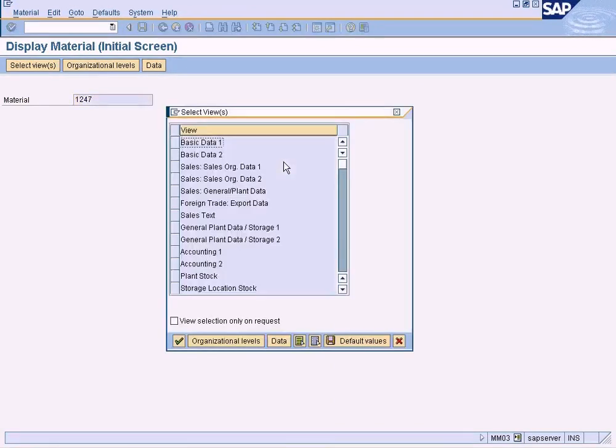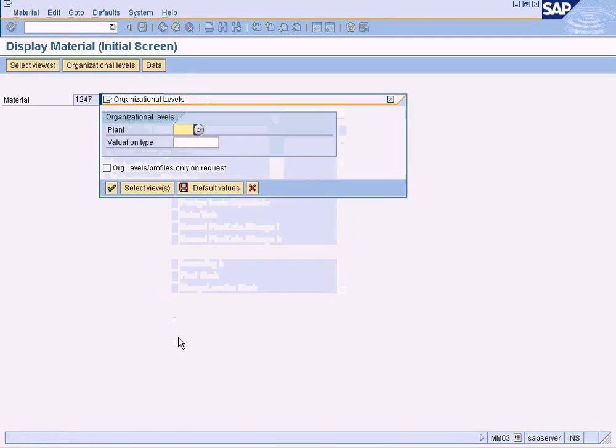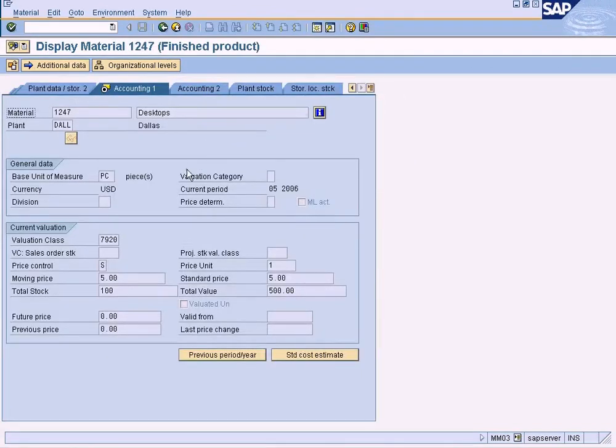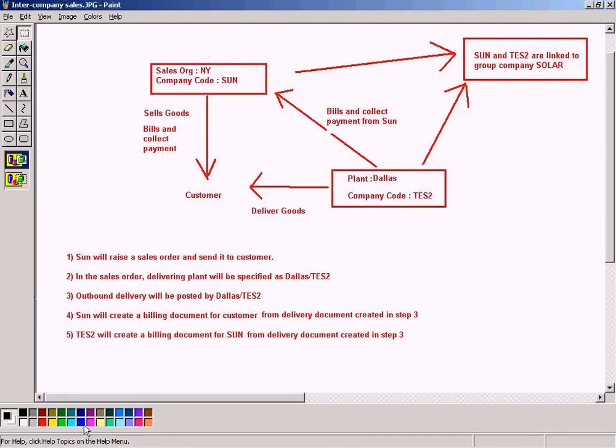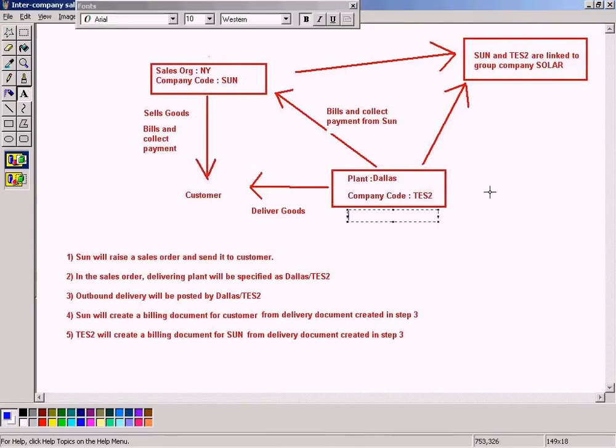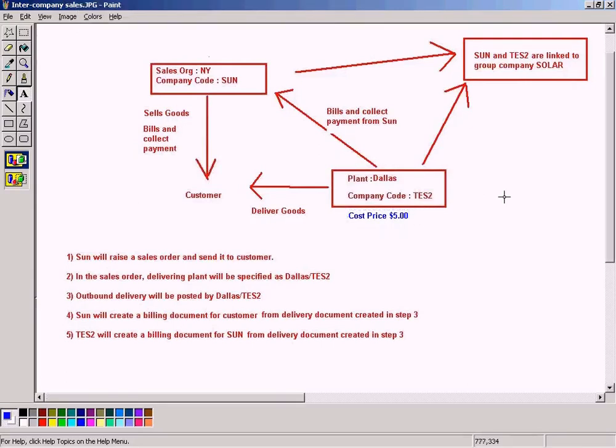Go to MM03, 1247, accounting 1, Dallas, let's look at the price which is maintained. Standard price is $5. Let me write it down here in blue. Price, cost price, $5,